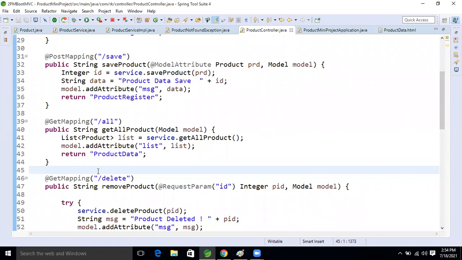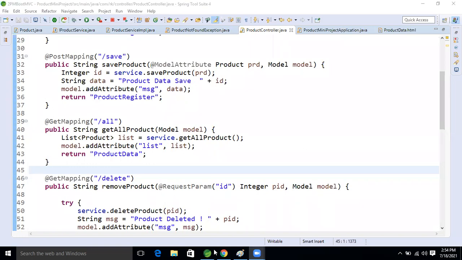But if you are expecting me to explain how I explained it in Data JPA, I can't, guys. If you have that expectation, then forget it; watch our Data JPA pagination concept.